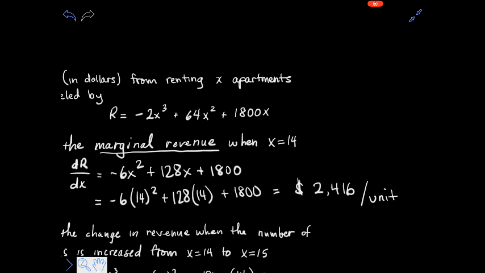It's one thing to find an answer, but it's another thing to understand what it means. So when this company is renting 14 apartments, the marginal revenue, meaning the rate of change of revenue, is $2,416. It's positive, meaning the revenue is going up, it's changing positively. But this is not saying that when they're renting 14 apartments, the company is earning $2,416. It's saying that at 14 apartments, this company is increasing their revenue at a rate of